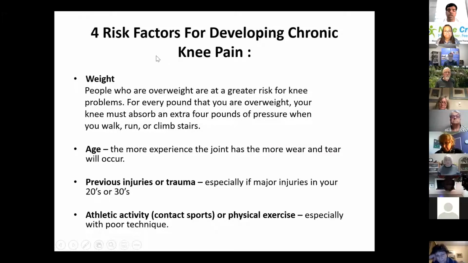Four factors for developing knee pain. Okay. So first thing is the weight of the body. Okay. So if we are overweight or if we are obese, we are adding lots of stress to the joint. For example, if we are carrying 2 bags of groceries,